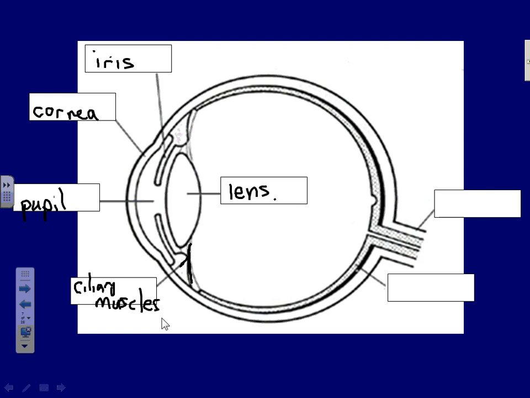Okay, back here on the back surface of the eye, and it literally is red, all right, so I'm going to draw it in. Back here on the back surface is the retina. Retina, that's R-E-T-I-N-A. All right, the retina is where the images land. The retina is where the images from the lens are focused, and they land on that,